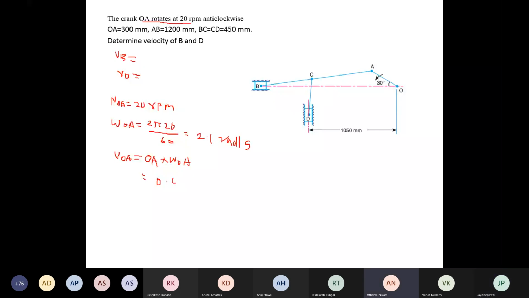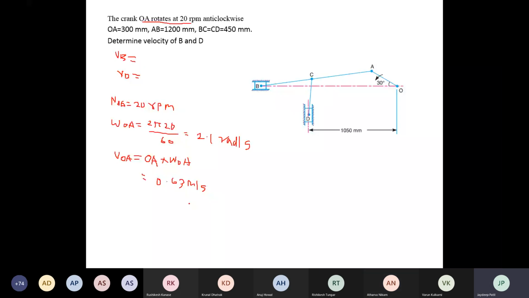सर वो एक क्या दिए ओके हाँ हेलो नो सर सर स्केल क्या लिया था वो का मतलब OA के लिए 1 now OA is given here na 300 mm. Means you have to take down in वही meter ना 0.3. ओके Okay. ओके ओके Once you get the velocity of input link, you have to take down the scale